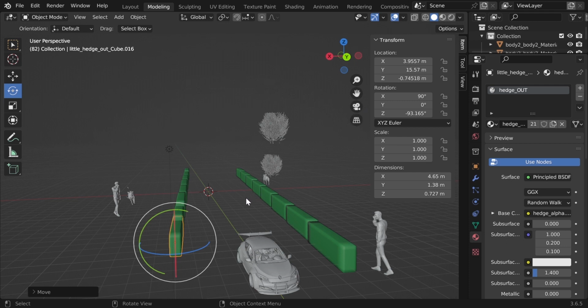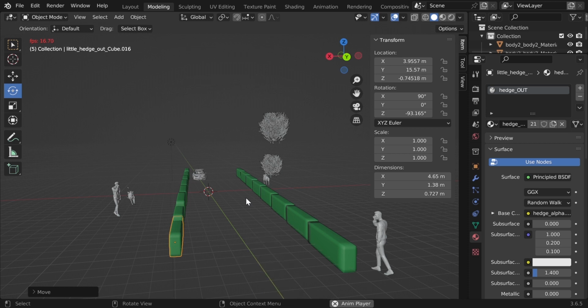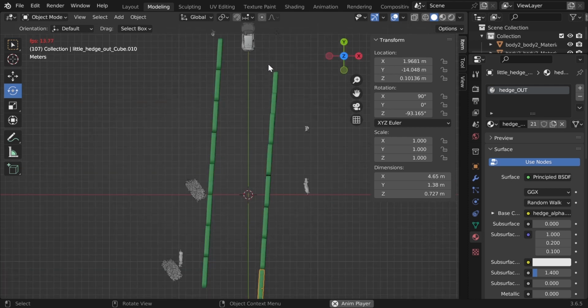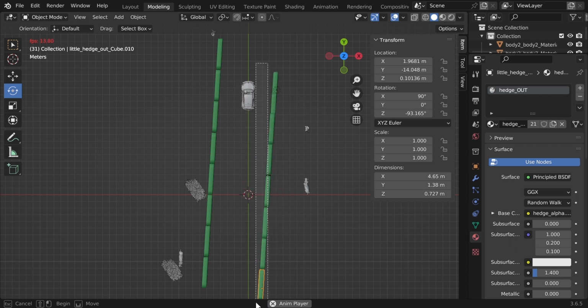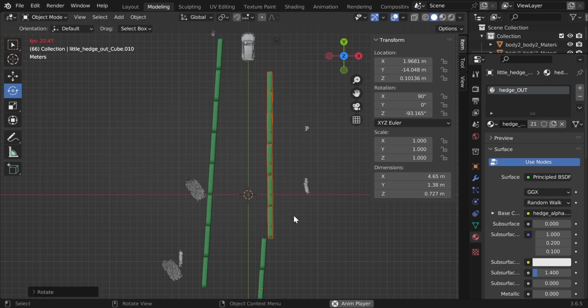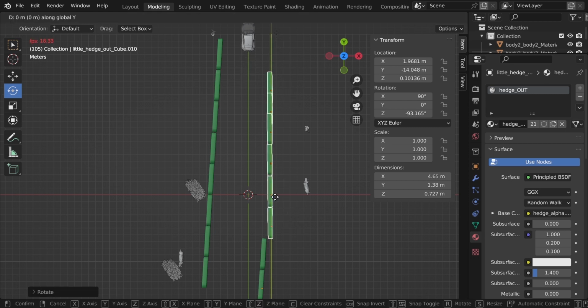Okay, so yep, the car is on a straight line, though the hedges are not. Okay, that is quite the bummer. Okay, so what I'm gonna do is I'm gonna zoom out and I'm just gonna actually rearrange things all the way from the top. So I'm just gonna go to the camera view and switch to the view on the Z axis. As you can see they are not straight. So I'm just gonna select them and